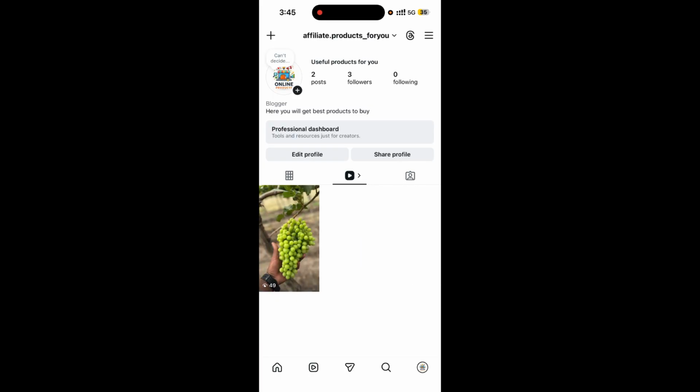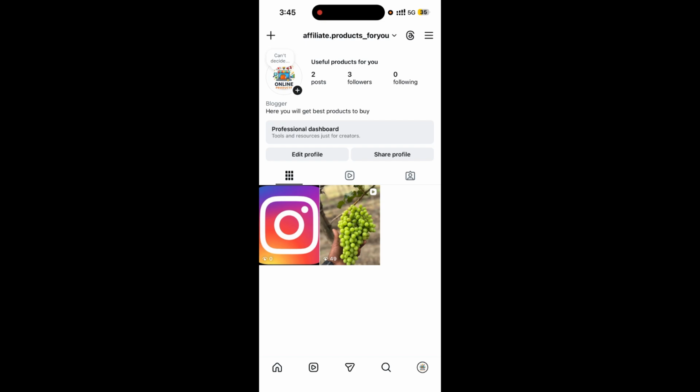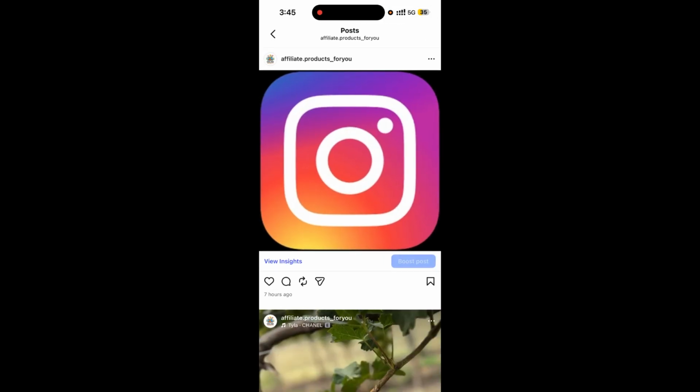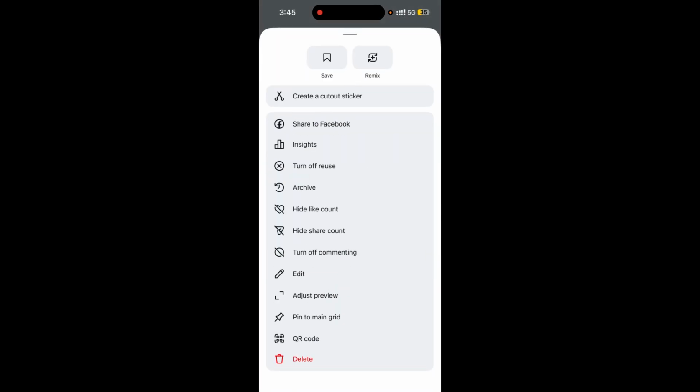posts. As I have only one reel and one post, to archive what you have to do is click on your post. Suppose I have to archive this Instagram logo, so simply open that post and click here on three dots, and then here you will find the fourth option, archive. Simply click here on archive,